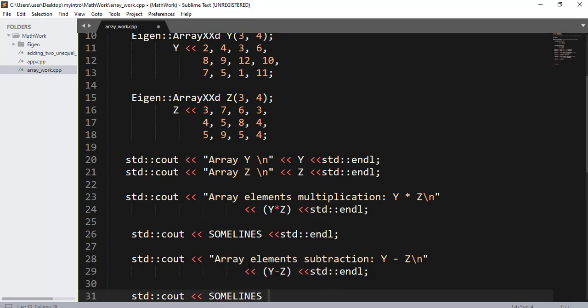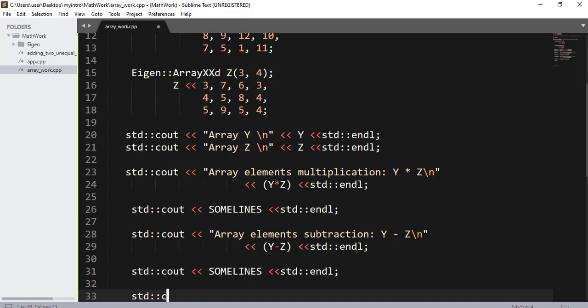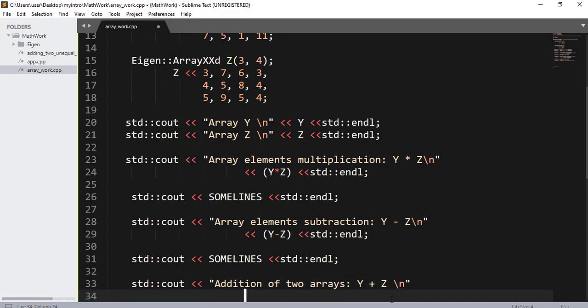Some lines, end line. Now we can do another one for addition. std::cout addition of two arrays, y plus z. I will put this in a new line,